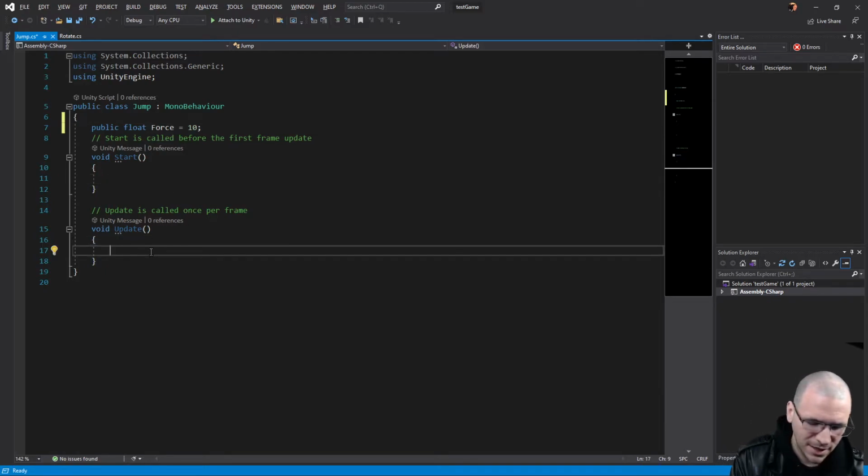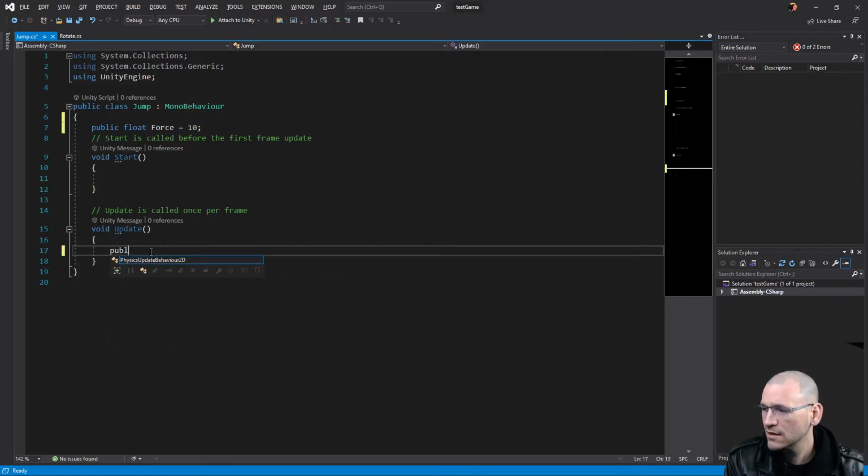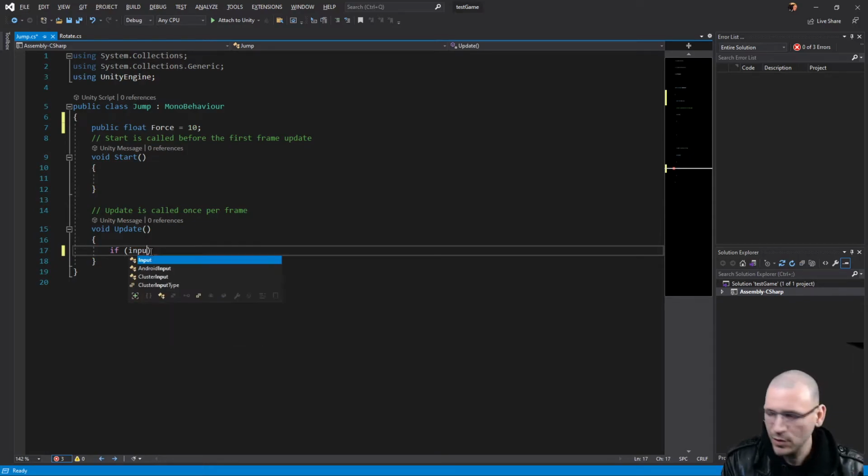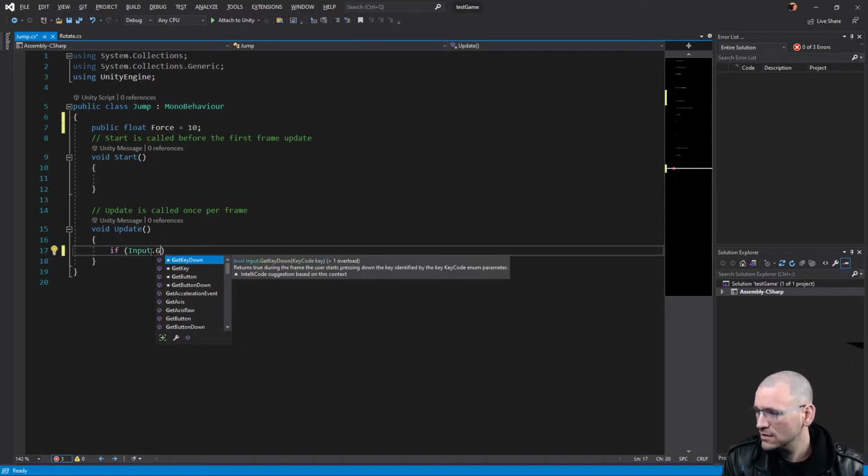And then in the update, I want to check to see, did a user press a button? Now, there's three things that you have to choose from for the button press. And that is another thing that's important to think about for games. If input dot GetKeyDown, there's also GetKey. The difference between these is whether you have something that's going to fire every single frame if a user is pressing a button. So if I'm pressing left or right, I am expecting that every single frame it will be checking that and